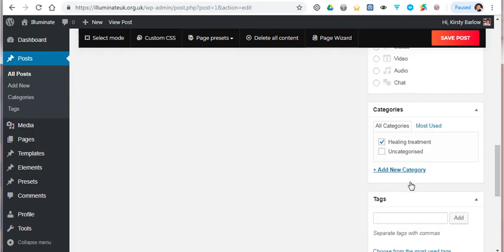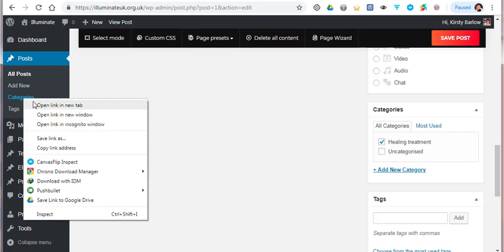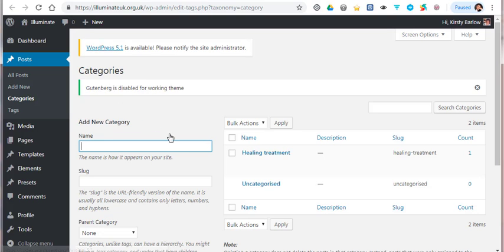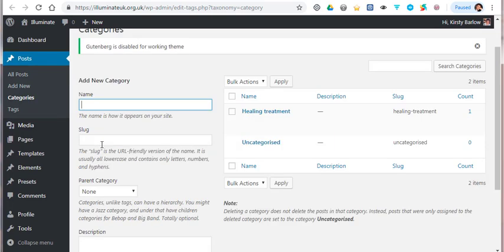Now we have categories, and as your blog moves on, you're going to want to add new categories. One might be depression or anxiety and so on. So to do that, you just simply add a new category here if you're on the page, or you can preset categories here and you can add new categories in here. So you just put the new category,